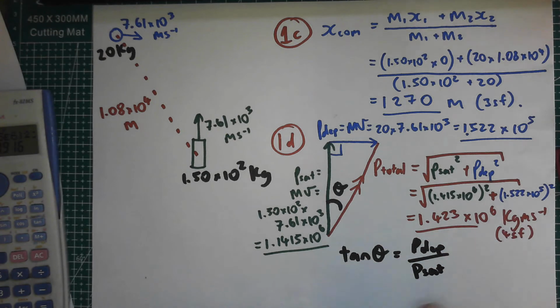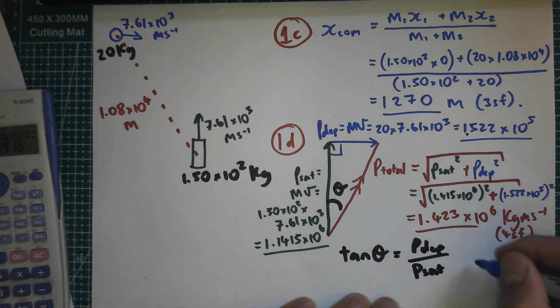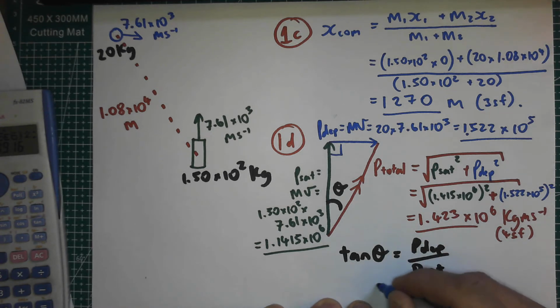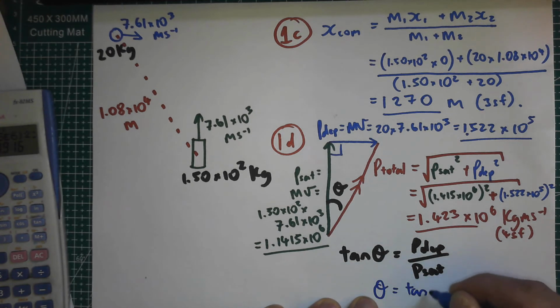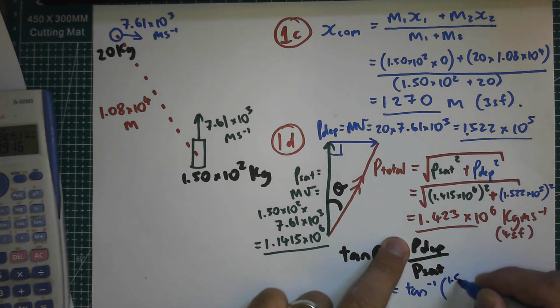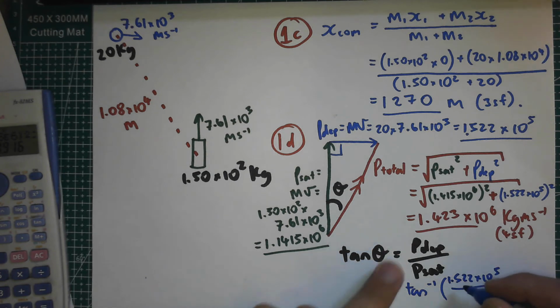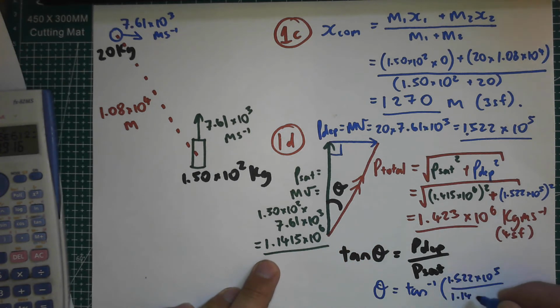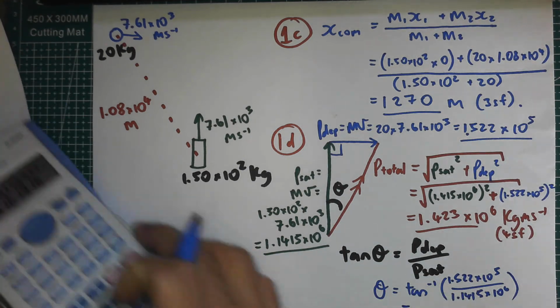So tan theta equals P deb over P sat, and I'm going to change pens because that one's impossible to read. Which means theta equals tan to the minus 1 of P deb, which is 1.522 times 10 to the 5 over 1.1415 times 10 to the 6. Cool. And then putting that into the calculator,